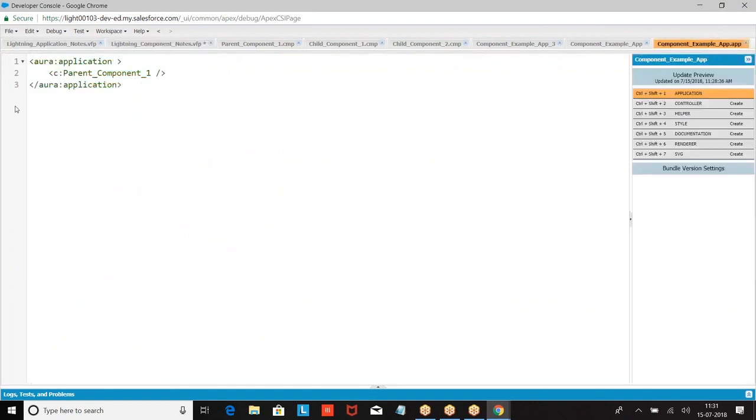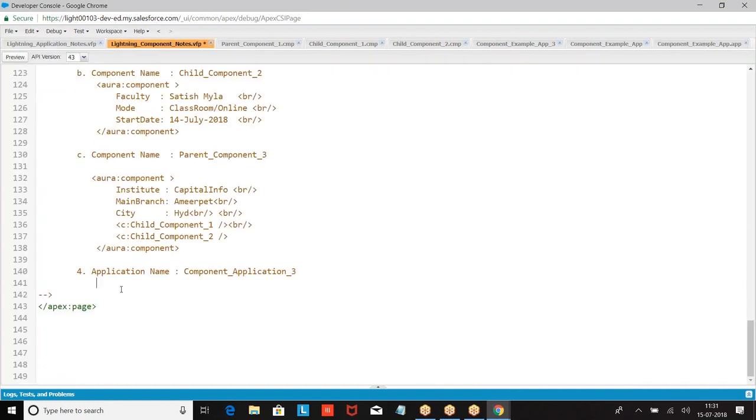So I'm giving here this application. So these are the basic examples we have done: creating a component, invoking a component within the application, then invoking a component within a component. Basic level examples we have seen.